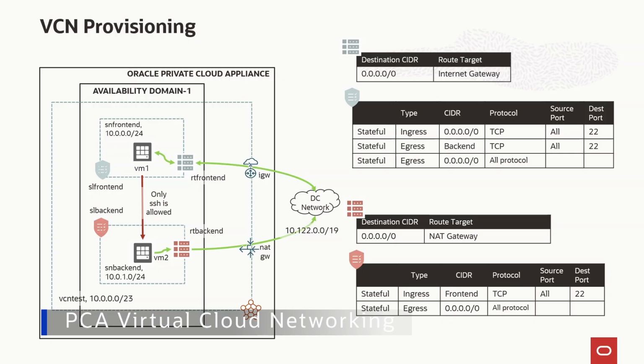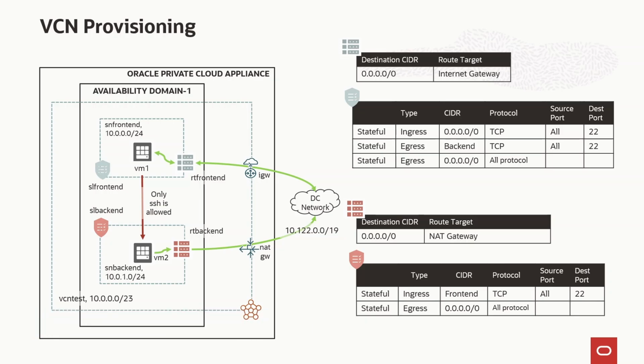In Oracle Private Cloud Appliance, a virtual cloud network, or VCN, is a customizable private network that closely resembles a traditional on-premise network. It allows you to define your own IP address space, create subnets, and configure routing and security rules to control traffic flow. VCNs are fundamental to organizing and securing your cloud resources within PCA, enabling efficient communication between instances and integration with